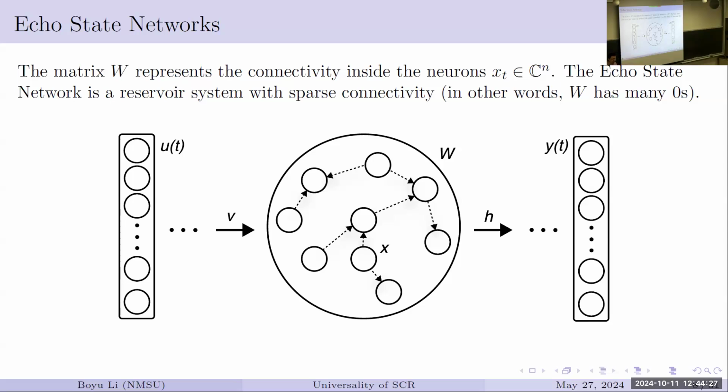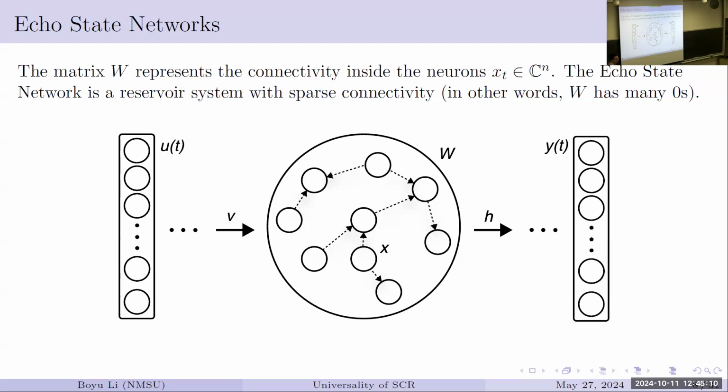But in general, it turns out you don't need a full connection. That's the idea of echo state network, that you let W be a little bit less connecting. In terms of the matrix, it just means W has a lot of zeros. For example, if this is the first dimension, it only contributes to maybe one other dimension, and maybe two other coordinates will contribute to your first dimension. Other than that, it's all zero. So this makes W a lot simpler if you have a lot of zeros.